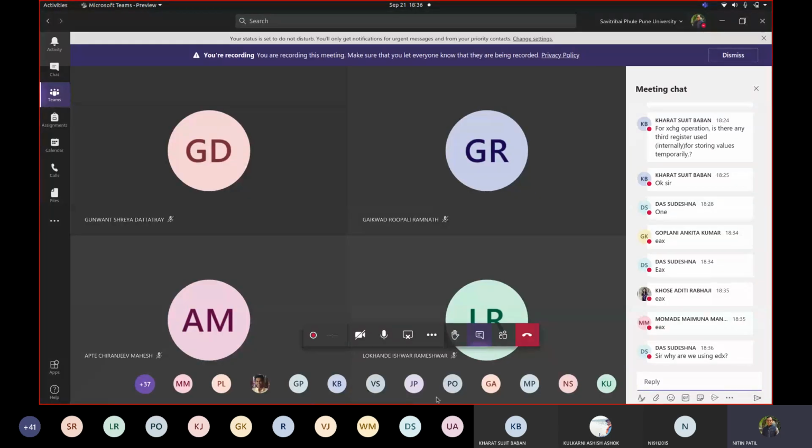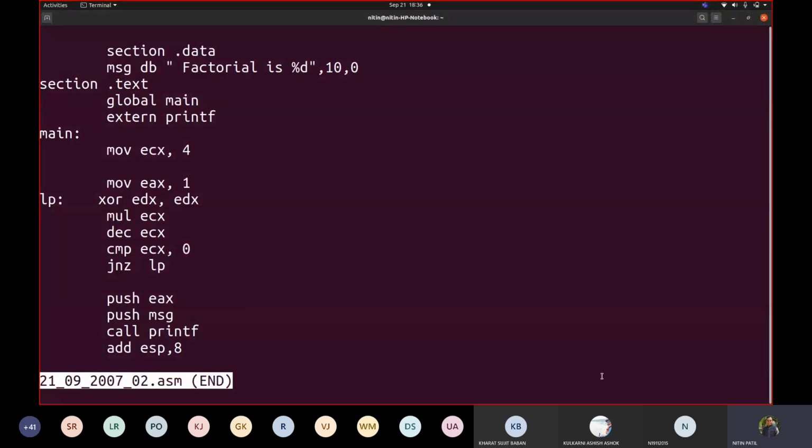Seems there. So why are we using EDX? Sudeshna, you haven't paid attention, because I said that always EDX and EAX are used in combination with multiply and division instructions. Okay. Now this time it might not give you any error, because EDX is becoming 0 every time. Even after multiplication, it is not going beyond 64 bits.